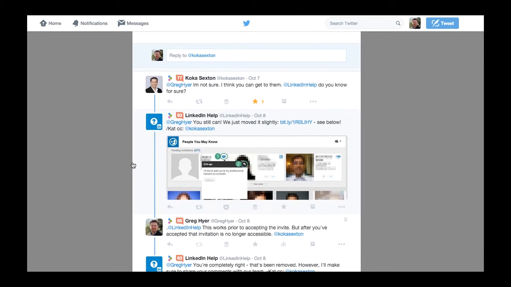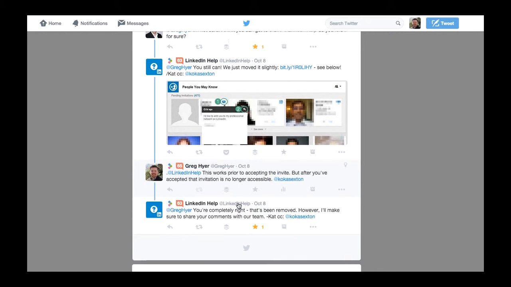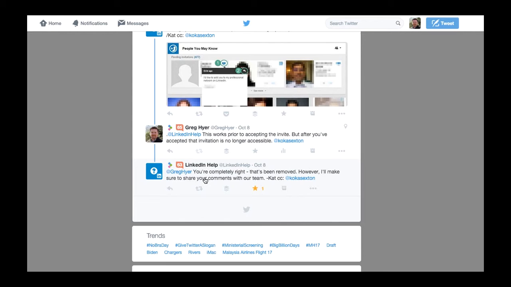LinkedIn Help showed that there is a way to reply to a message that you have received. But unfortunately, I pointed out to them that this works prior to accepting an invite, but after you've accepted the invitation, it is no longer accessible. And they said, you're completely right, that has been removed. However, they will share the comments with the team.